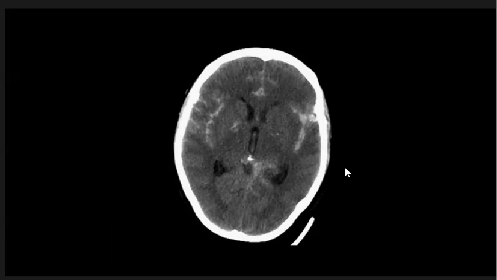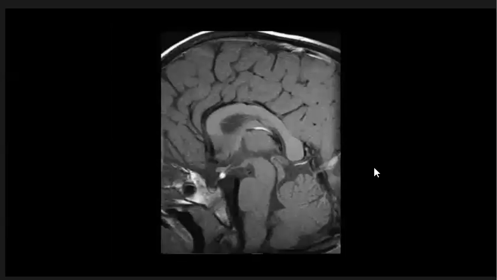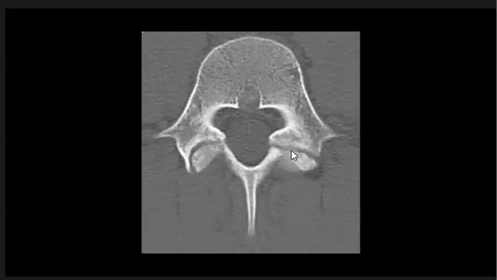subarachnoid hemorrhage seen bilaterally, diffuse hypoxic brain injury with white cerebellum sign, ectopic posterior pituitary and hypoplasia of the anterior pituitary, filling defect in the pituitary due to microadenoma, patient with L4 bilateral pars interarticularis defect due to spondylolysis,